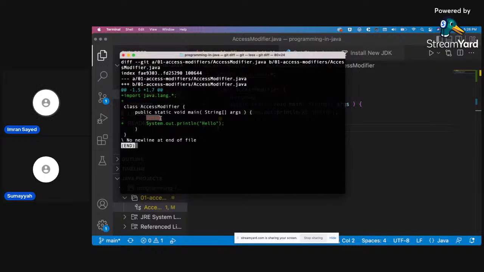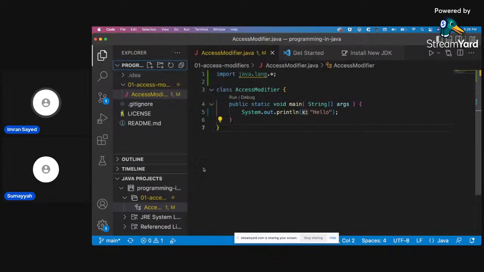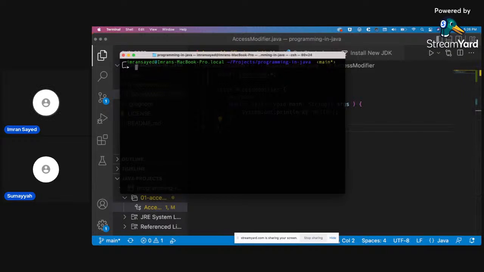The items showing red mean they are being removed, and plus means added. So all these things have been added. Before committing, you can check that. Looks like we're good. I think we should create a branch basically. Access modifiers example. Just access modifiers.